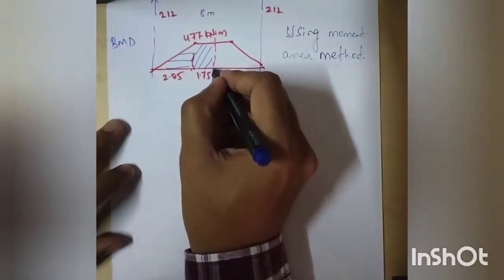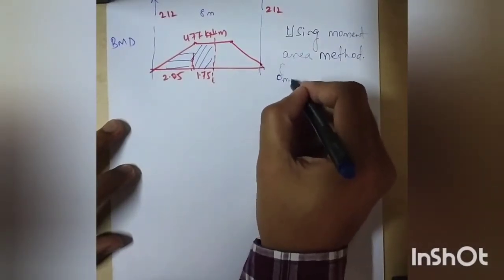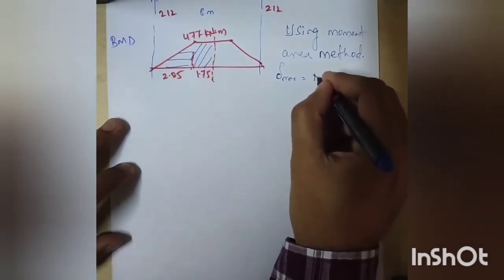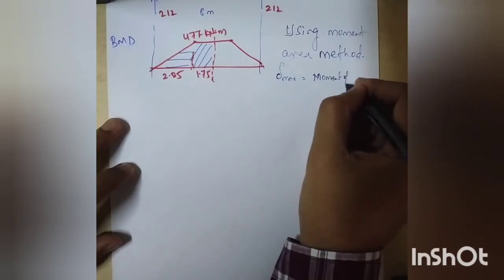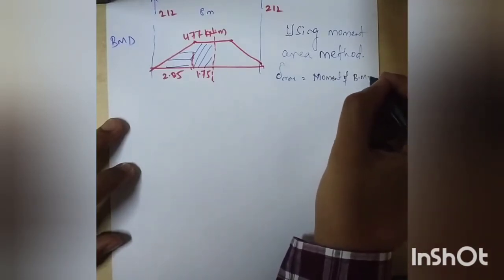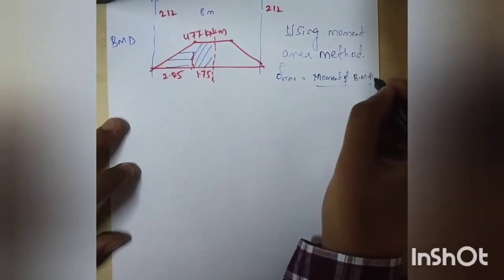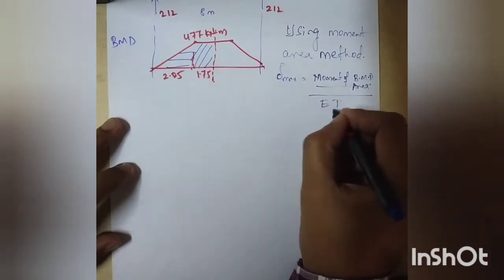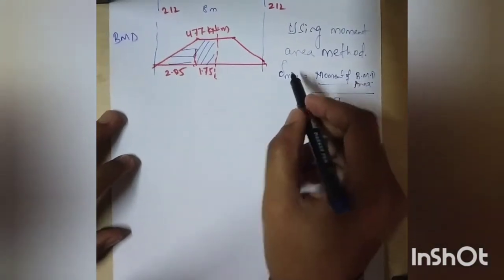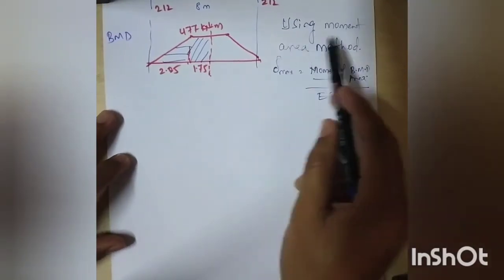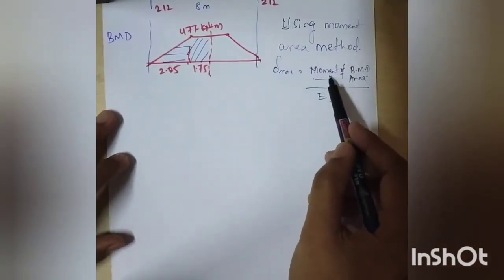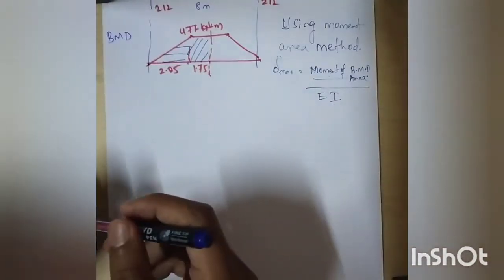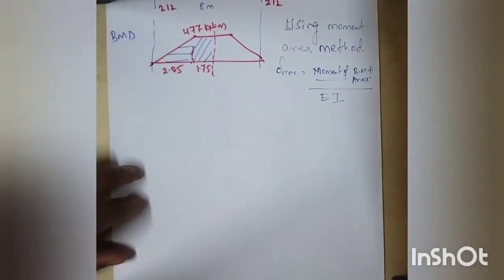the deflection at the center, so the maximum deflection is nothing but the moment of the bending moment diagram area divided by EI, that is the modulus of rigidity. Your maximum deflection at the center, using the moment area method, will give you the moment of the bending moment area about the left end divided by EI. So now writing that again in the expression form.